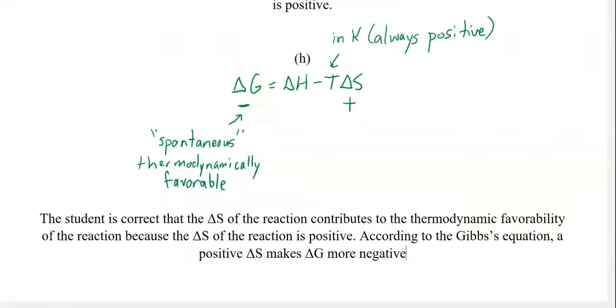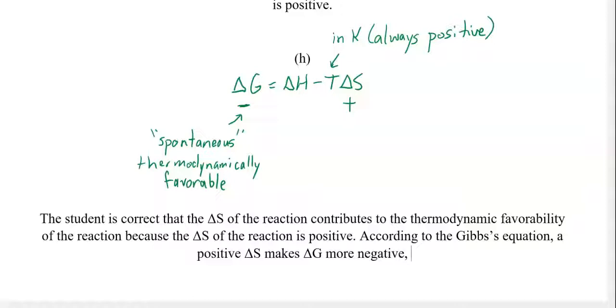It doesn't necessarily make delta G negative, because delta G also depends on the value of delta H, okay? So a positive delta S does not guarantee that delta G will be negative, but it makes it more negative than if delta S were 0 or if it were negative. Hopefully that makes sense. So a positive delta S makes delta G more negative,